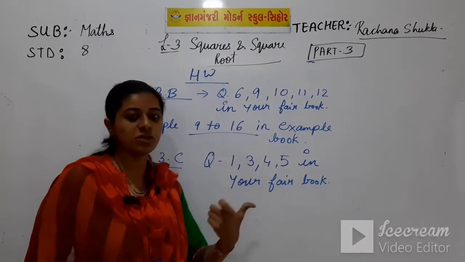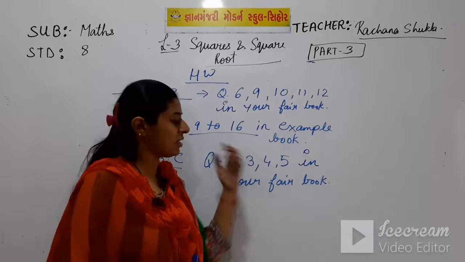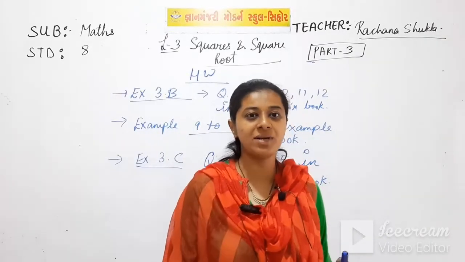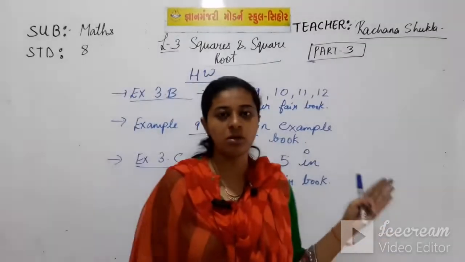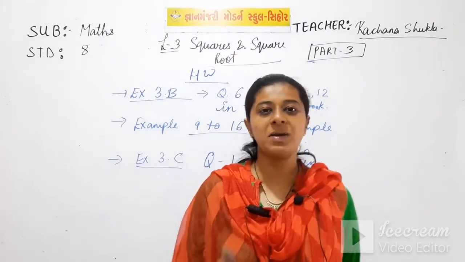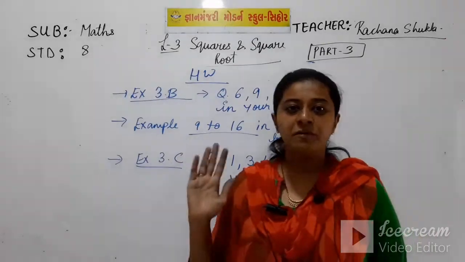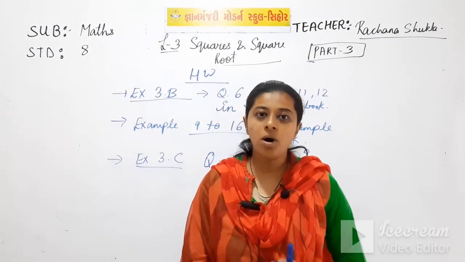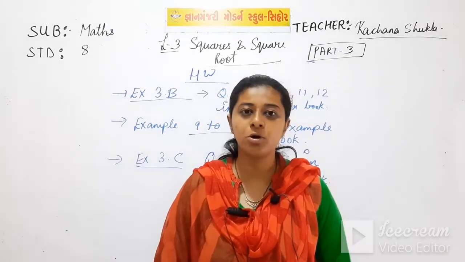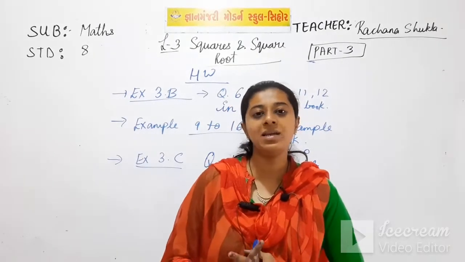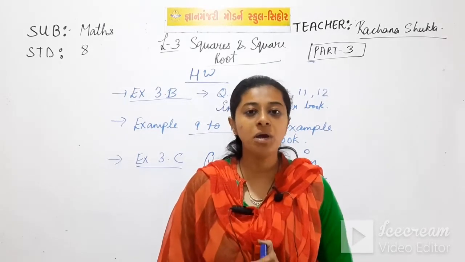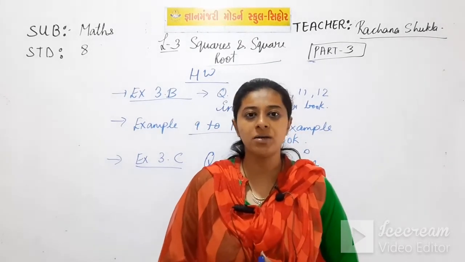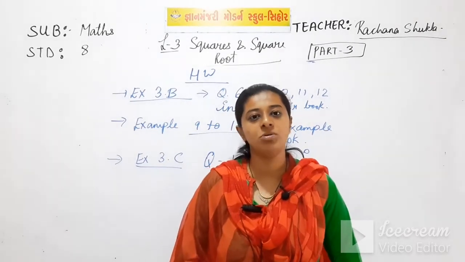Question 1 is of FB, questions 3 and 4. Question 4 is of finding the square root by prime factorization method, which I taught you on the board, and question 5 is based on the last example which we did right now. So with this, complete your work, paste your homework in your WhatsApp group and do the work very nicely and neatly. If you have any doubt, you can ask in the group when it is open at night between 8 p.m. and 9 p.m.